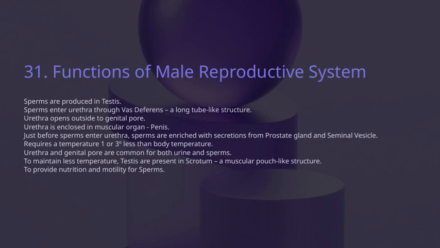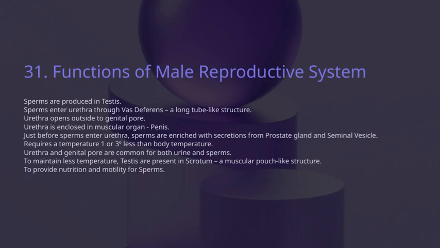To maintain this cooler environment, the testes are located in the scrotum, which is a muscular pouch-like structure outside the main body cavity. The urethra serves a dual purpose. It's a common passageway for both urine and sperms, depending on the situation. The placement of the testes in the scrotum not only helps regulate temperature, but also provides an environment conducive to